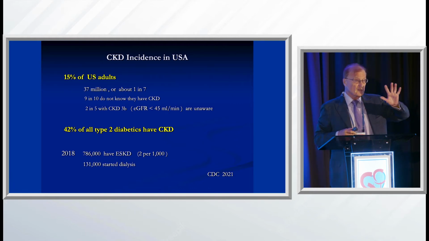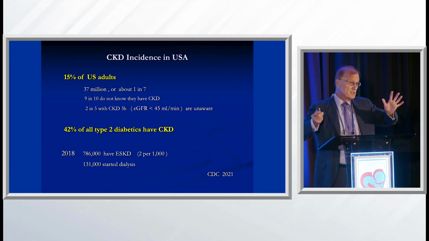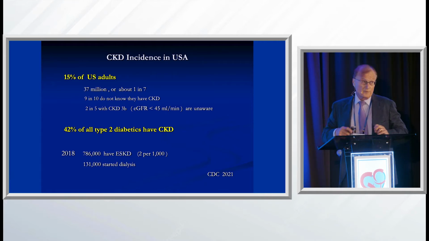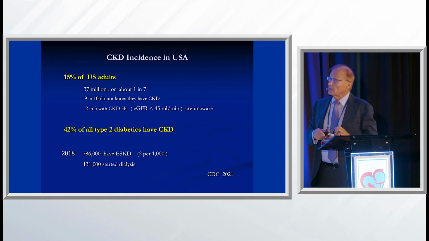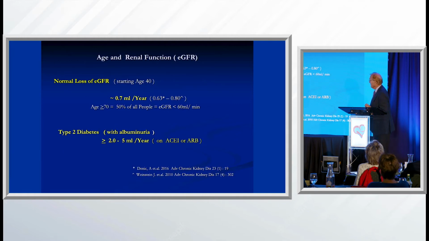And if I give you drugs for each of the 5 of them, now they're not complaining about taking 6 or 7 drugs because they know that each one of them needs to be addressed too. So if you look at the diabetics, they are the number one reason we have 15% of the adults, because we've got 37 million Americans with diabetes, and almost half of them have CKD. So that's the issue there.